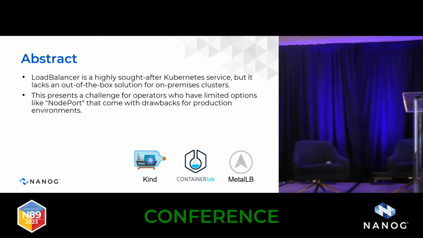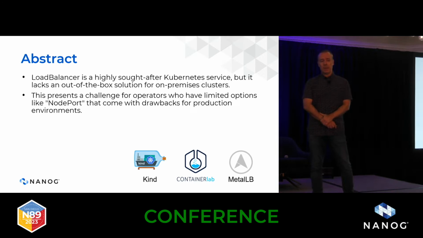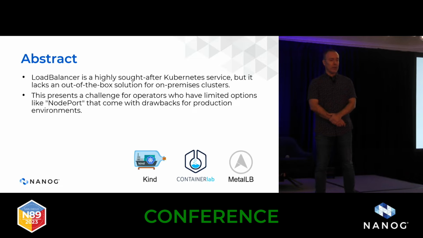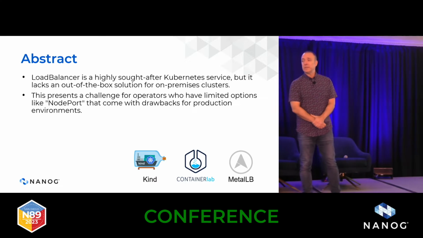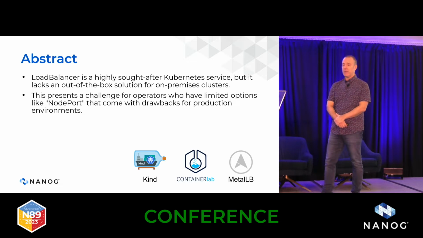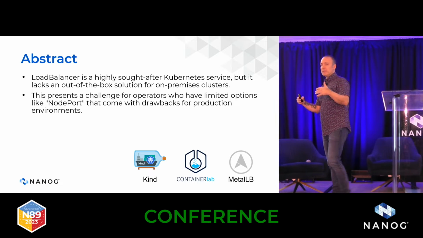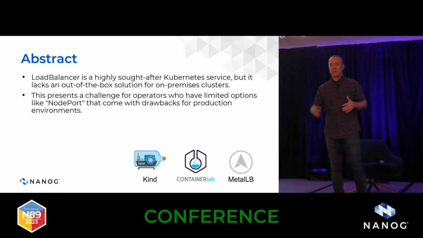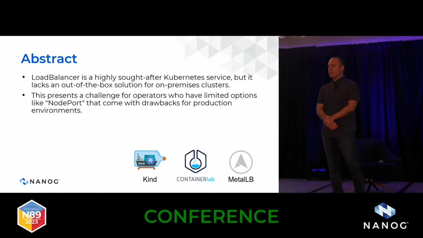Well, in the abstract, what I'm saying is when you install Kubernetes and you want to try to use any of the services, like for example, cluster IP is the default service that you have in Kubernetes. But when you want to expose any of your applications, you need to use something like node port or load balancer. And when you install Kubernetes, you see that actually load balancer is a type of service that is there, but it's not working. Only the node port is the only option that you have so far to start working with on-premises